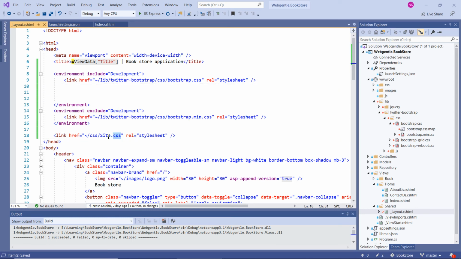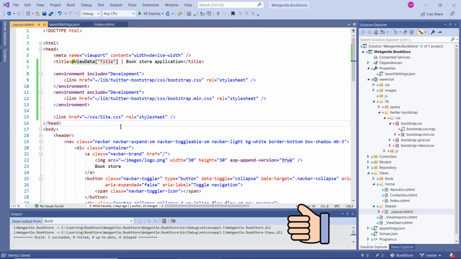Suppose this is the site.css file that I want to use for development only, then I can define it over here. And in case I have a minified file for this site.css as well, which we do not have as of now, but in future definitely we will have, at that time I will use this non-minified file in the development and that minified file in the non-development environment. But for the demo purpose, I am using only one file.